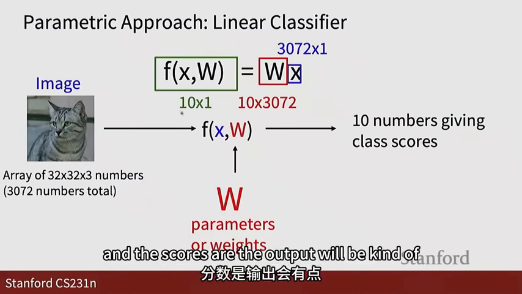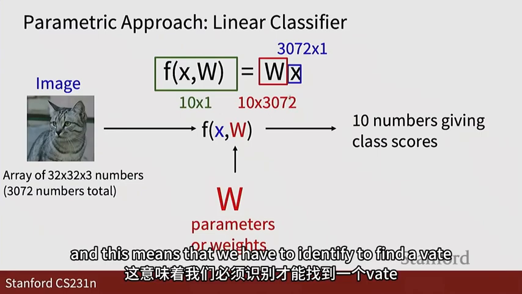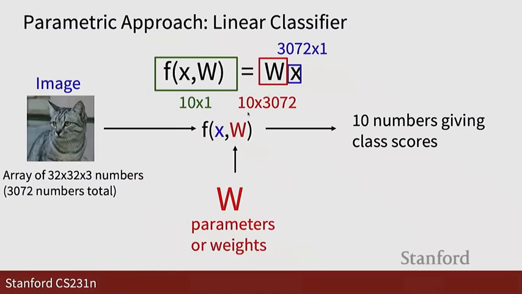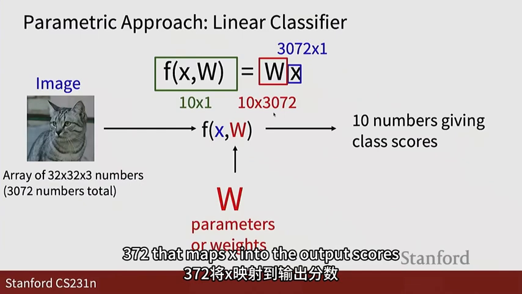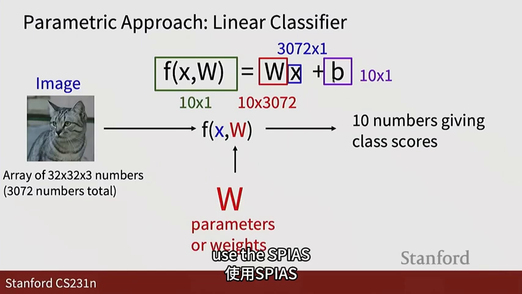And the scores, the output, will be a vector of 10 by 1. This means that we have to find a weight matrix, W, that is 10 by 3072, that maps x into the output scores. Just to complete this linear function, we often use a bias